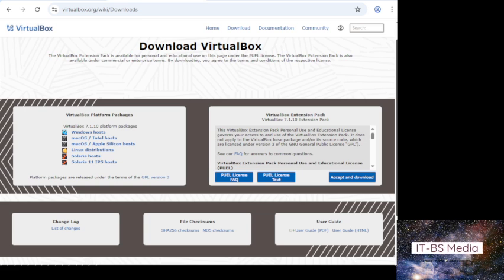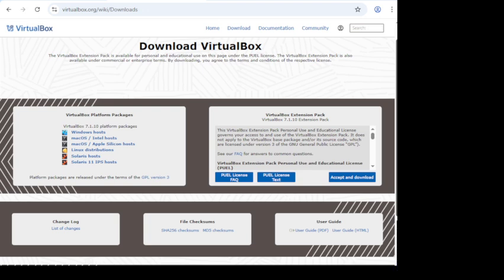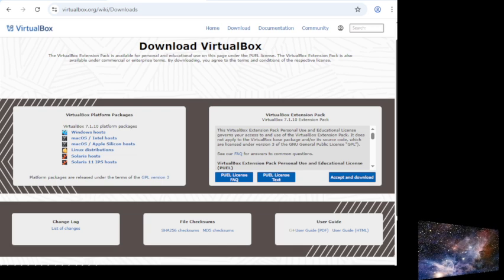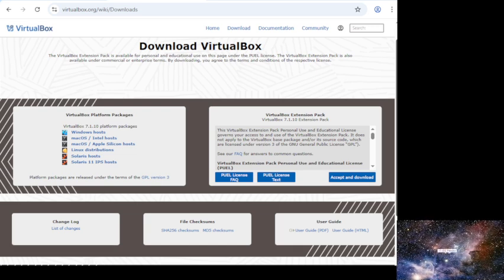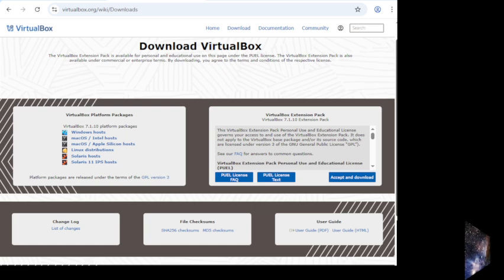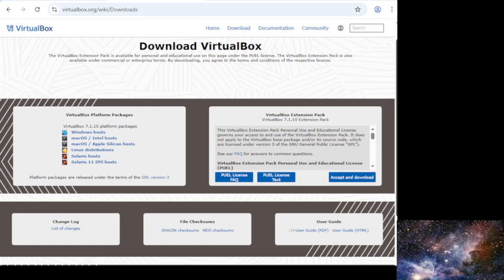All right, this is the official website and it is www.virtualbox.org/wiki/downloads. So once you get to this page, if you are using Windows, you select Windows in the left box here